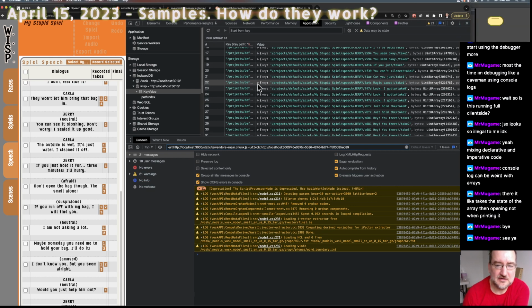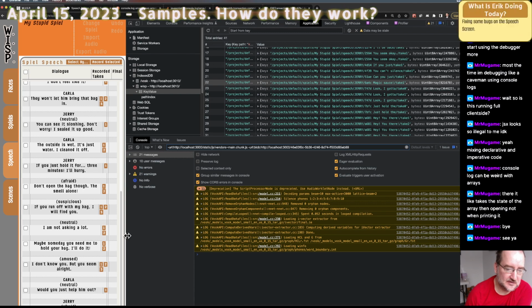Also, I don't know why this expand thing stopped working. That's not my bug, that's Chrome's bug. But anyways, there is a take in the database. It never showed up. I don't know why. I'll figure it out next. The other bug that I know about